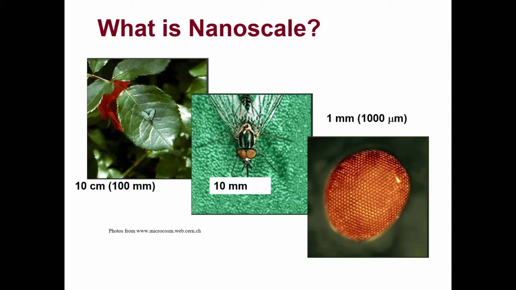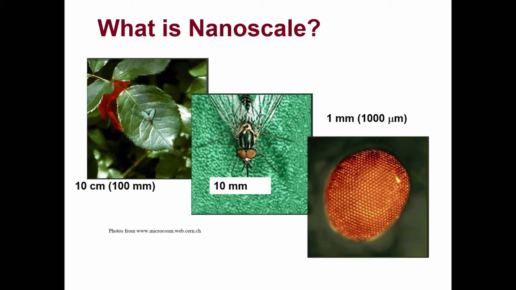The picture on the left-hand side is a macroscopic image, one that we may find out in our backyards. A fly sitting on a leaf. Now the width of that picture is about 10 centimeters or 100 millimeters wide. A millimeter is about the thickness of a coin. 100 millimeters is easily accessible to our regular senses. If we zoom in by a factor of 10, that middle photo is 10 millimeters wide, and it shows some additional detail on the body of the fly and on the leaf.